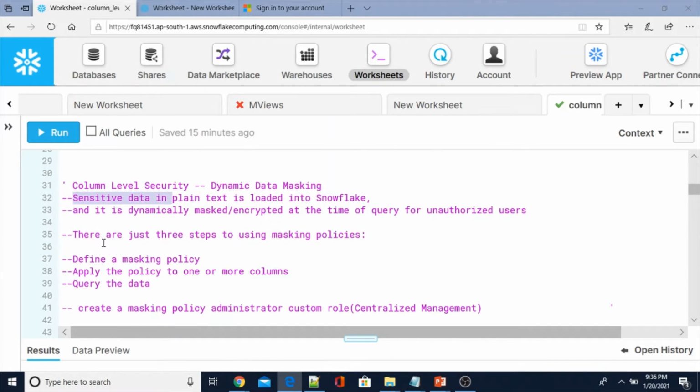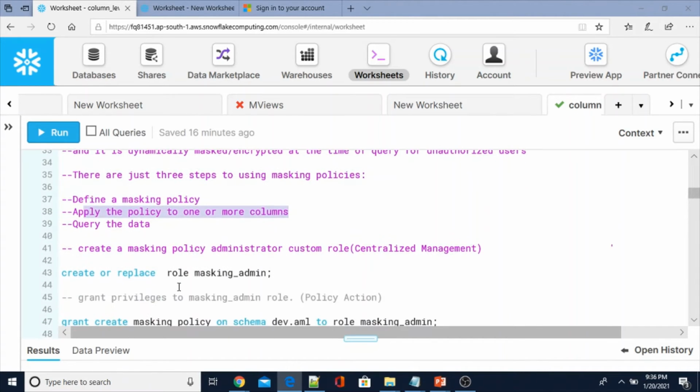So there are just three steps to using masking policies. First you need to define the masking policy, apply the policy to one or more columns, and query the data. That's all, three steps you need to follow. Now let me create the masking policy administrator custom role. I'm going to choose the centralized management approach.